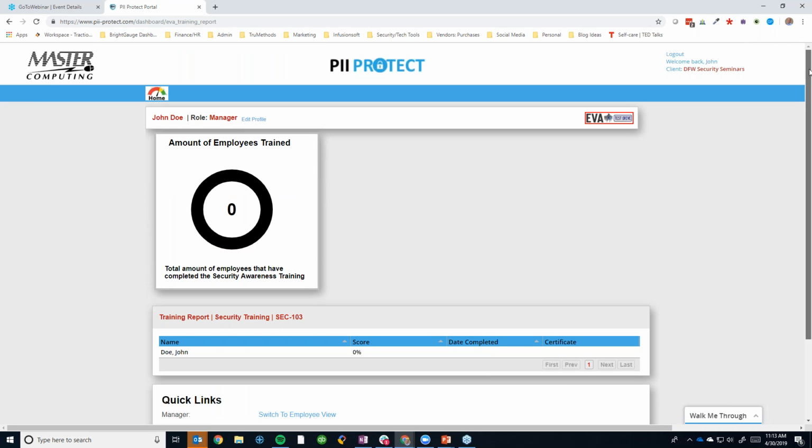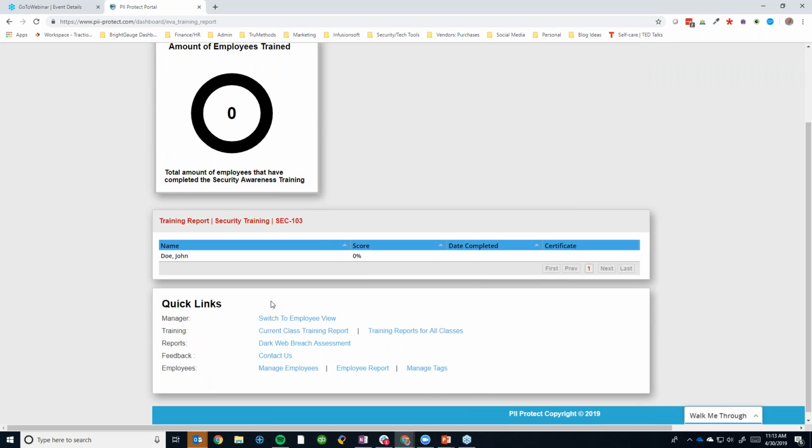Because this portal is set up mostly to manage your company, to do your own training, it's kind of buried down at the bottom. But here it is, switch to employee view. Real quick though, you can see that you've got some training reports that you can run. You have dark web breach assessment. We're not going to go into this today. That'll be a future video, but we've integrated the dark web right into this training portal,